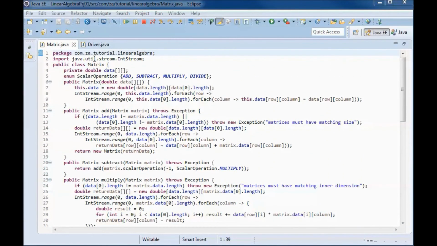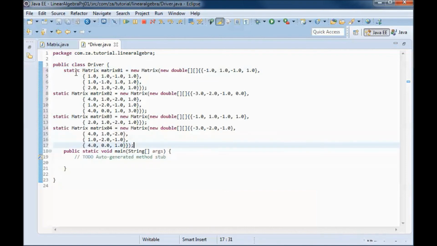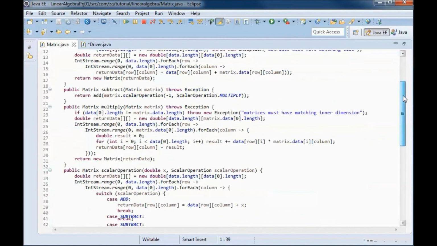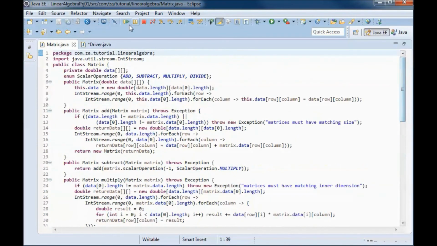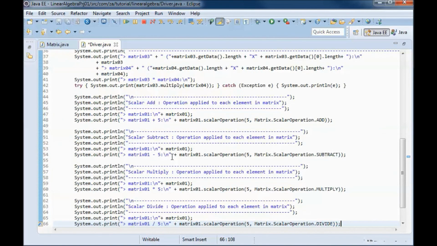Next, let's go to the driver class and let me define those four matrices that I will be using to test the various operations that we implemented here. So this code will be doing that.